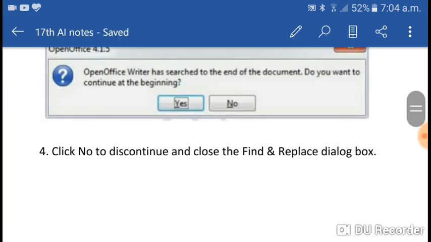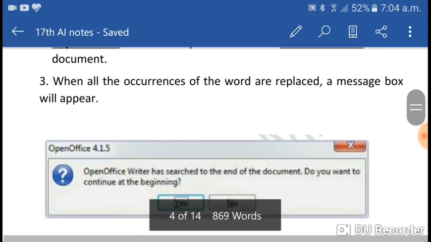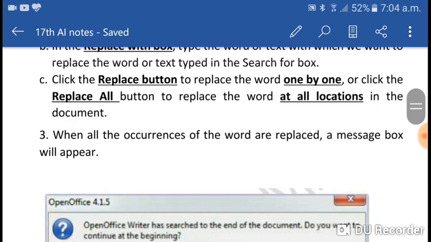So this we have discussed, the find and replace feature of Writer, how to find a word in the Writer document and how to replace. Now what is the need to find and replace? Why do we need to use this feature? Say we have written a document of 5 or 10 pages, and one word we have written a number of times. Say by mistake I have written a name or roll number, and after that I want to replace it. I have written roll number 10, but now I want to replace it with roll number 20. By mistake I have written roll number 10.